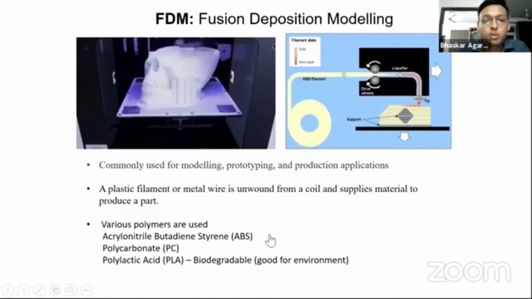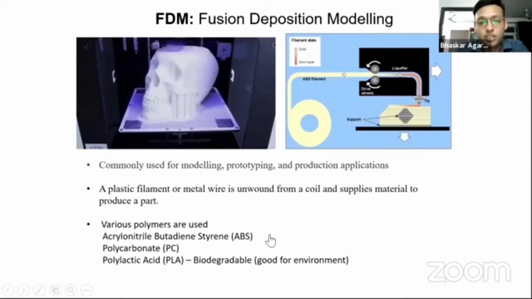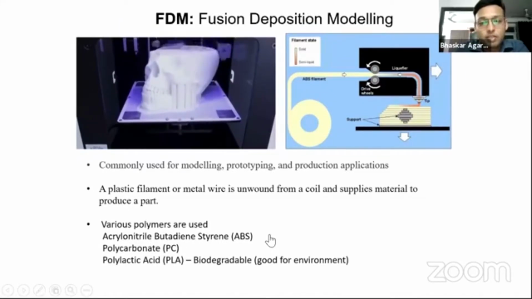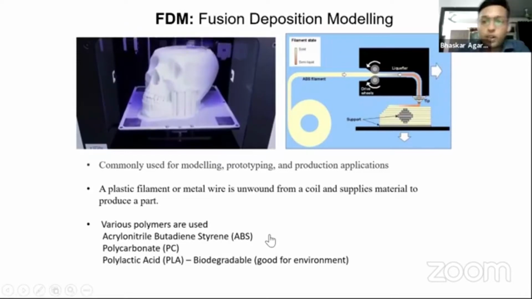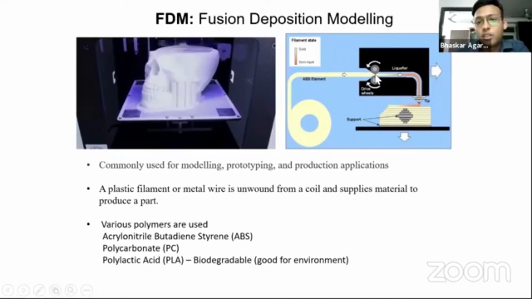So fused deposition modeling is commonly used for modeling, prototyping, and production applications. A plastic filament, which is basically a thermoplastic, is fed into a hot end, as you can see in this image. The ABS filament is fed in.